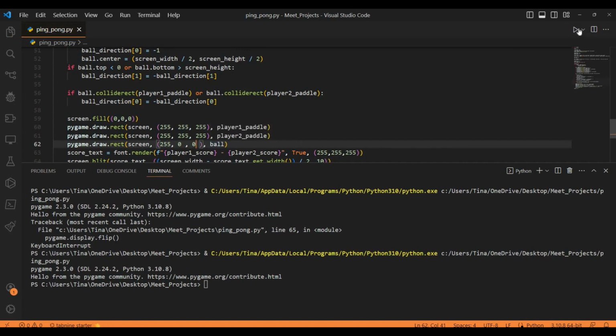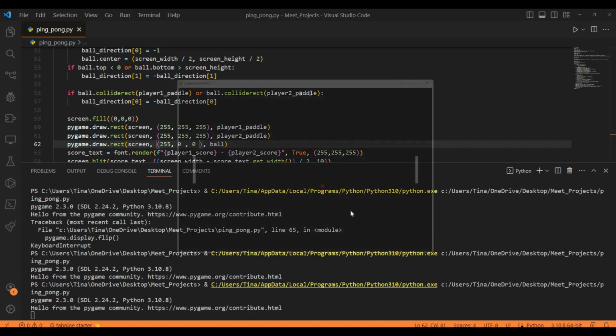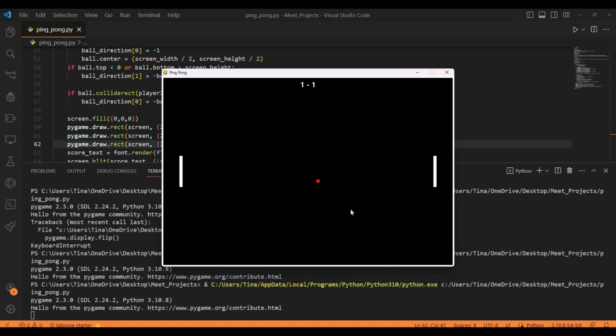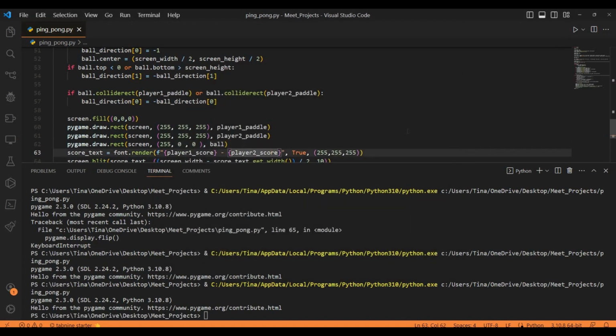Now let's try, and we can also display the score as red. First, let's try this. The ball now changes to red. Yeah, that's pretty cool. So those are the changes which you can do in the code